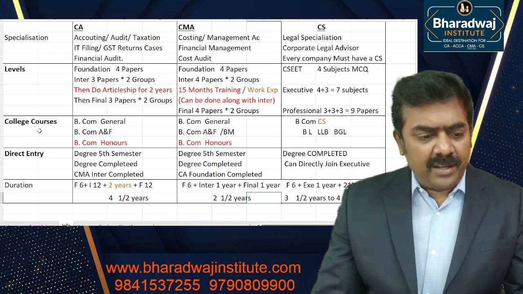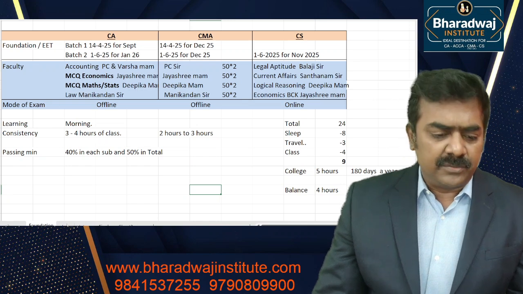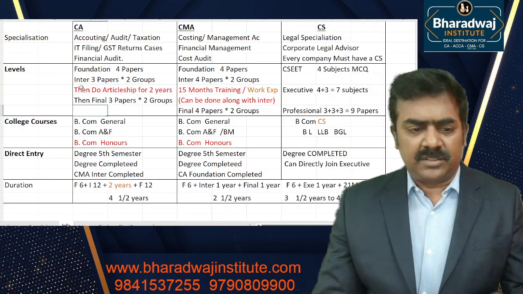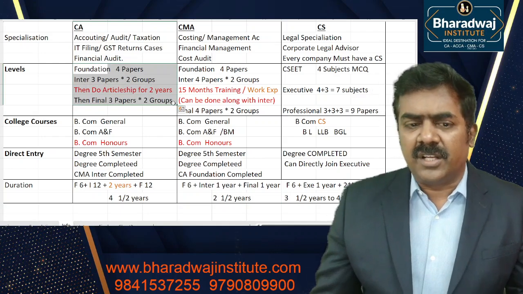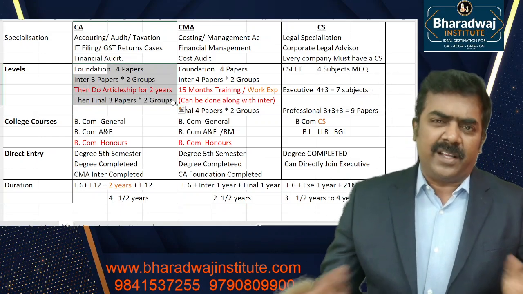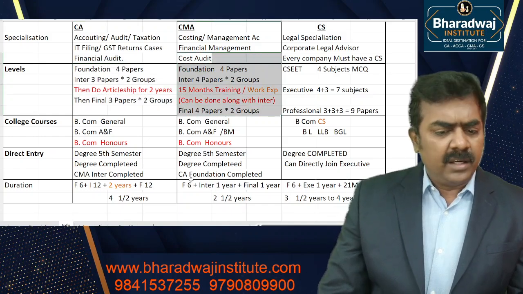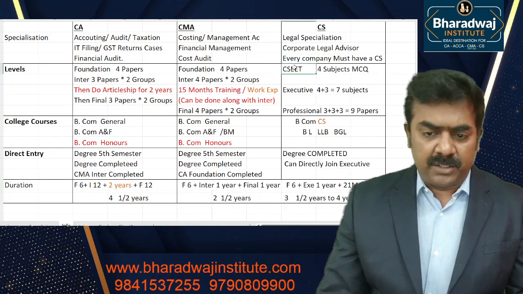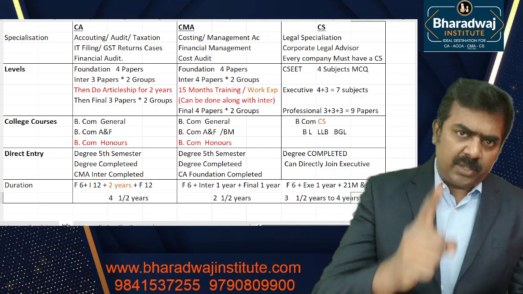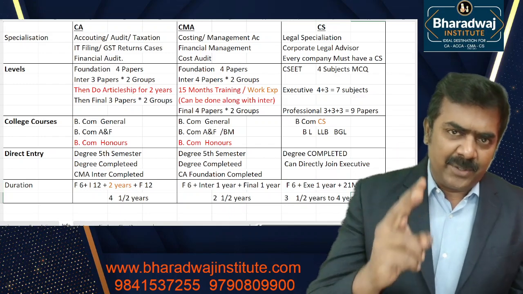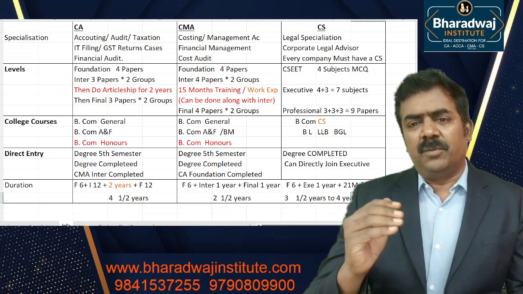Regarding intermediate and final, I do not want to talk much because this is intended for your foundation starters. If you have started your journey for CA, ensure that you will be spending the next 4.5 years where your career is taken care of. For CMA, it takes 2.5 to 3 years to complete the course. For CS, it takes 3.5 to 4 years. Set your time according to your interest, then set your target, achieve this, then you become a leader or a ladder